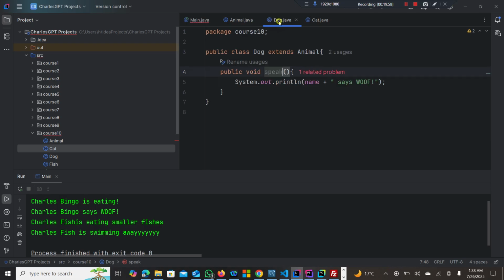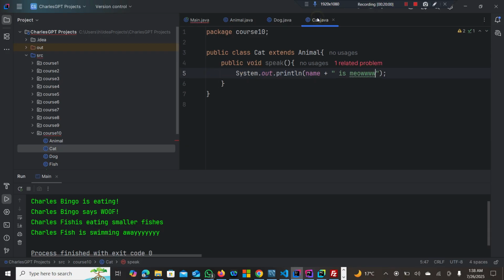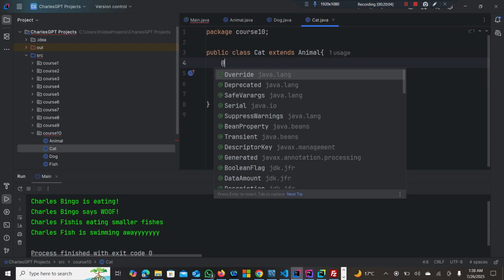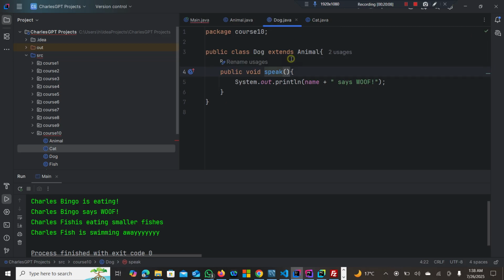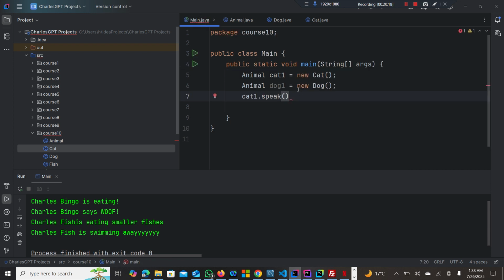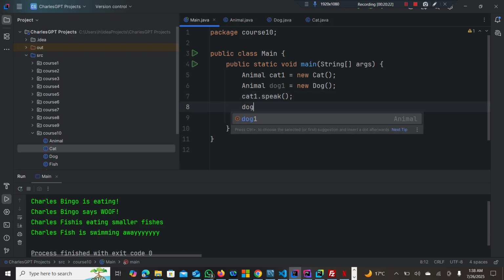Then if I go to the dog class now, there is no issue, and if I go to the cat class, there's no issue since it's overriding. Then I'll just put override right here. Then here again as well, I'll just put override under the class. Okay, so now let's go to this program. Now cat can use the speak method. Then dog1 can use its own speak method. So if I run the program,